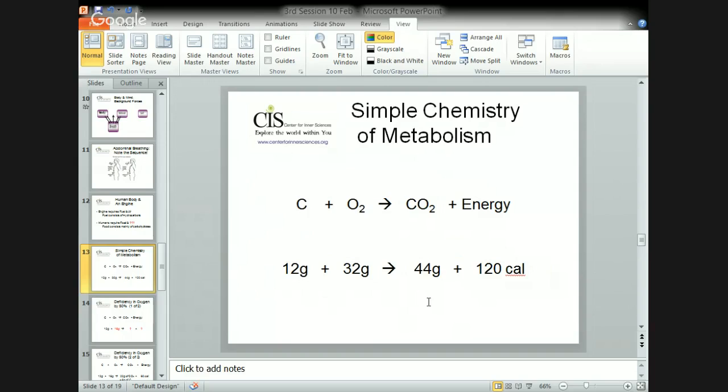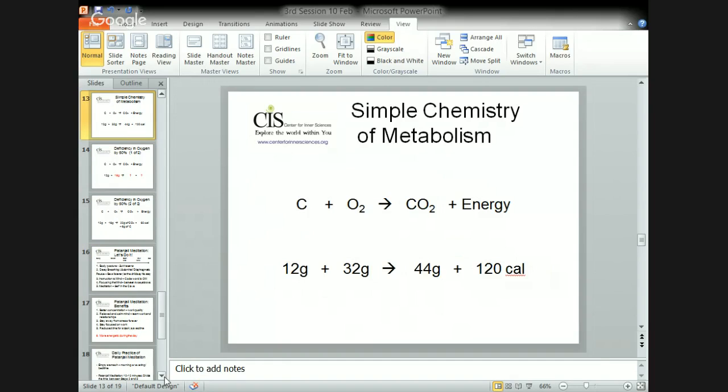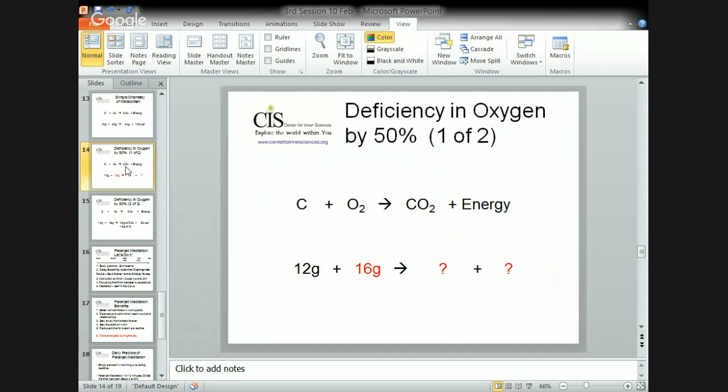And in the process, in the engine, heat is produced, and in our case also heat, and then there is a complexity, it is made into mechanical work, etc. Let's ask a question. If somebody was not breathing well, like in an engine where the air filter is choked with dust particles, so there is a deficiency in oxygen supply, that is highlighted here. Suppose there is 50% deficiency in oxygen.